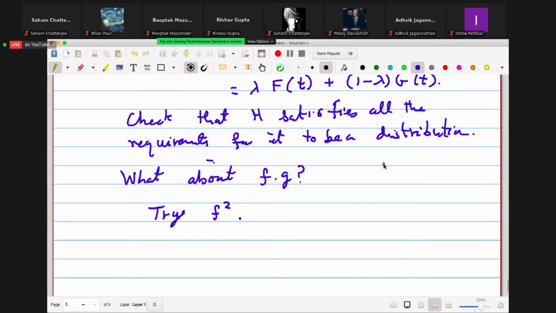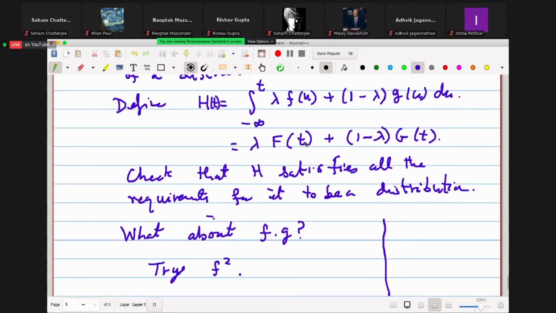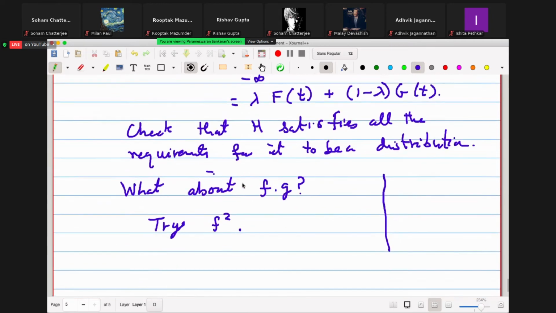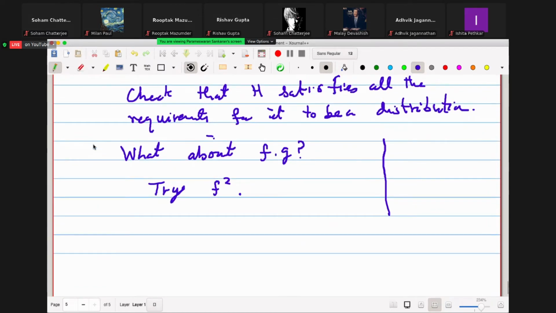And how do you show something is not? Well, for a specific f, you may be able to write H. You can, after all, integrate some nice function. You may be able to find H, but that H may not satisfy the requirements. So that's one way to check it. I've given you enough hints. Try and do this problem. This is an exercise. Okay? Exercise.